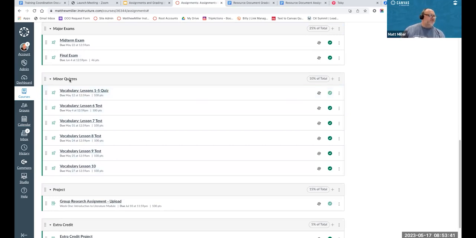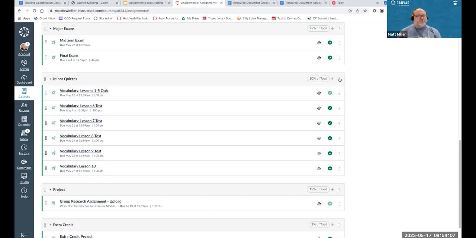So let's say the student has several of these minor quizzes and there's a slew of them throughout the course of the semester. And the student misses one and they're freaking out because they don't want their grade to be impacted. And you were to say, okay, look, I'm going to drop your lowest minor quiz score, or discussion score or assignment. In Canvas, you can do that. In a group that you've created,